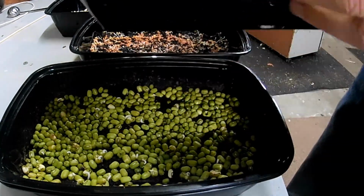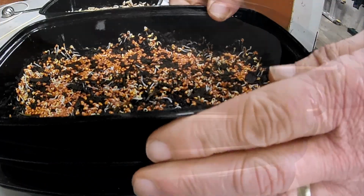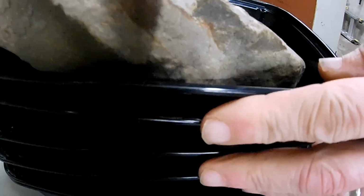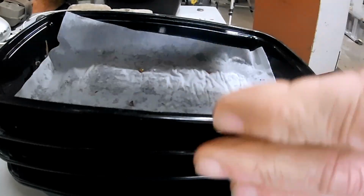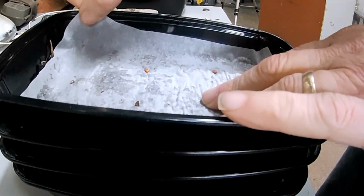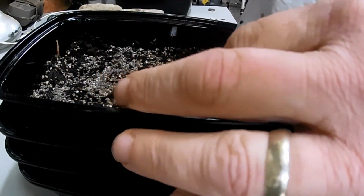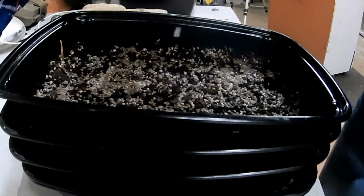I'm going to keep these in the dark as long as I can. Anyway, that's the first stack. Right, on this next stack we have chia, flax, radish and fenugreek. And the chia was probably the finest seed of them all. Really, really fine. And one thing I've learned from this sowing is that to use parchment paper straight from the